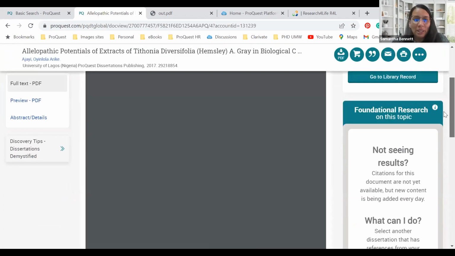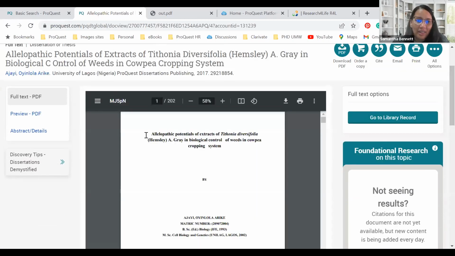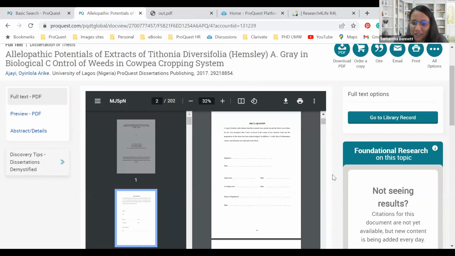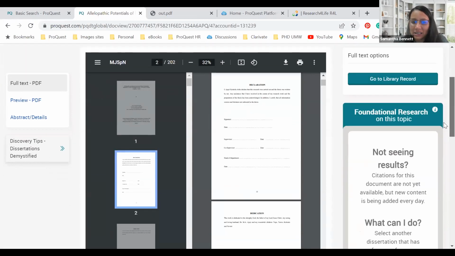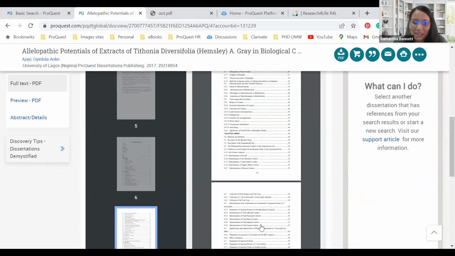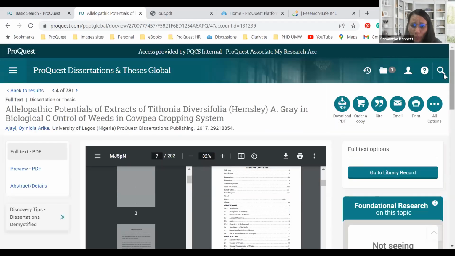So if you open it up, you will see there is specific information. You can see that they have a declaration, information related to who they dedicated it to, some acknowledgement, a table of contents. So you can see the structure of this dissertation and thesis directly from here, which will be beneficial if you start writing your own dissertation and thesis and use any of those.